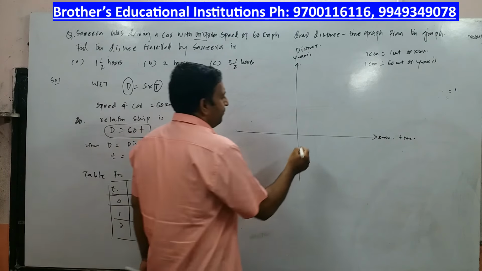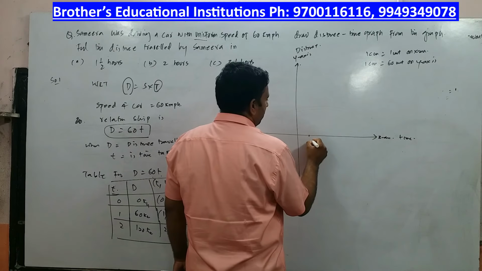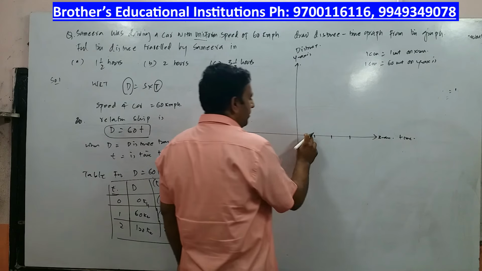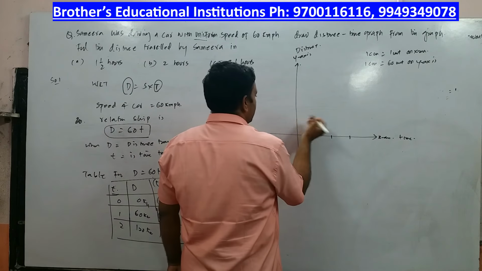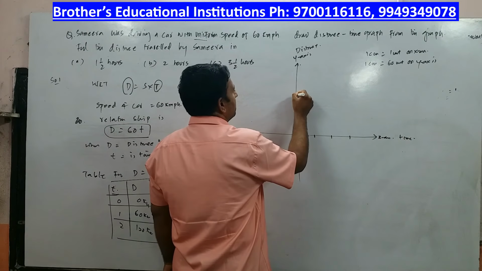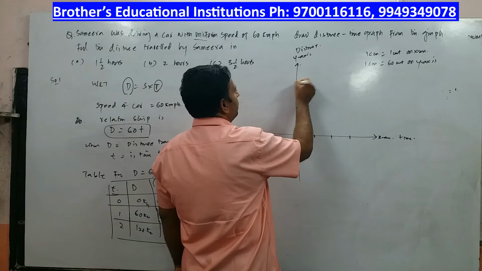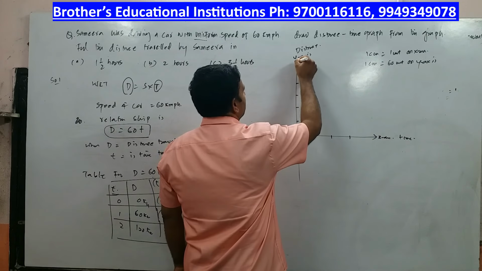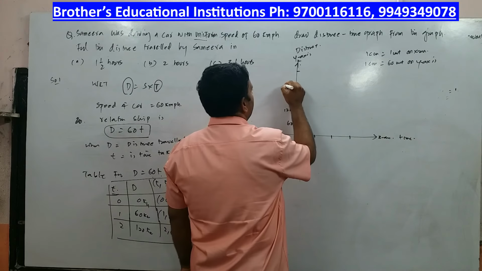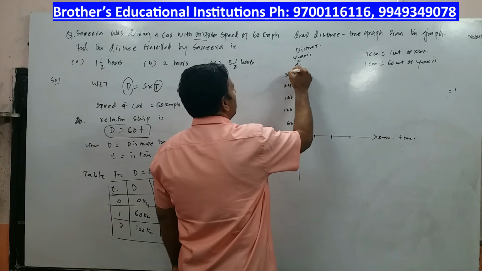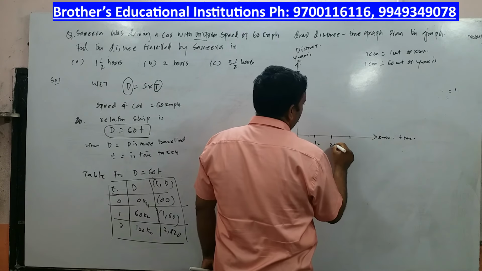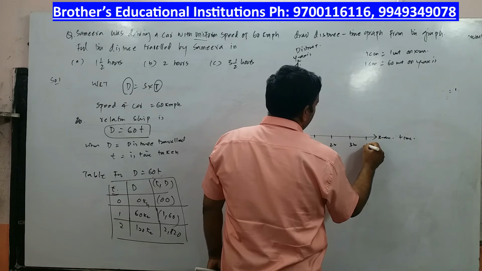Alright. So this is 1 centimeter, this is 2 centimeters, this is 3. Time can't be negative, so I am not drawing any negative quantities. Similarly, distance can't be negative. This is 1 centimeter, 2, 3, 4, 5 and 6 centimeters. So it is 60, 120, 180, 240 and 300 kilometers, whereas time is 1 hour, 2 hours, 3 hours and 4 hours, like this.